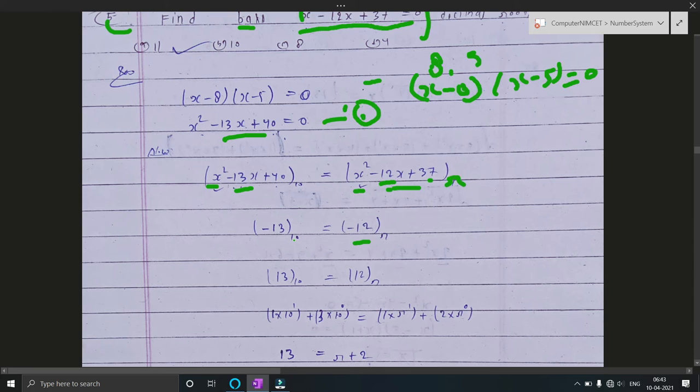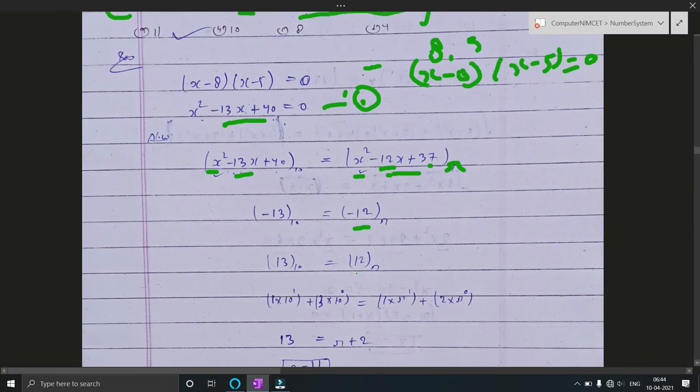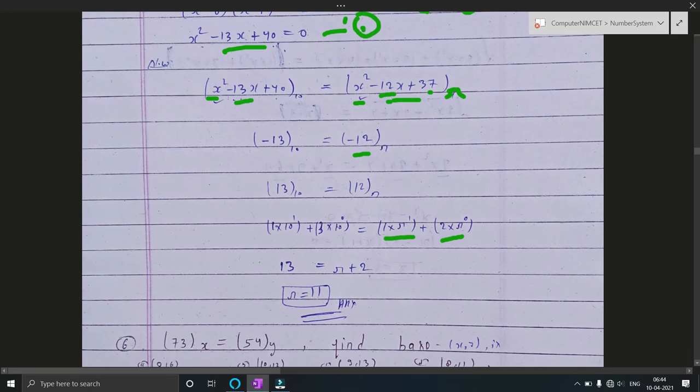If the base is 10 here, now if the base is r, just convert r to decimal. R may be any base, but just convert it to decimal. So how can we convert base r to decimal? Starting with the power 0, 2 into r power 0 plus 1 into r power 1, so we get 2 into 1, that is 2, and 1 into r, that is r. Here, 10 in base 10: 3 into 10 power 0, that is 3, and then power 1, that is 10, so 13. Now 13 equals r plus 1. Taking 2 to this side, we get r equal to 11.